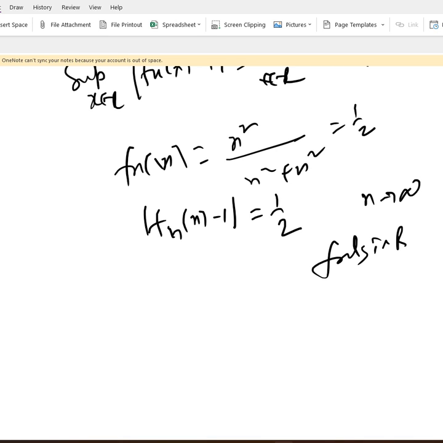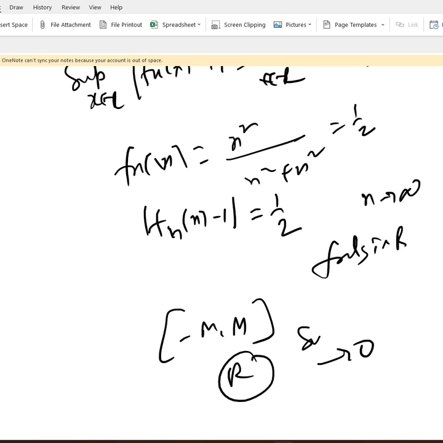So the conclusion is that f_n converges uniformly on minus m to m, and f_n doesn't converge uniformly in R because the supremum doesn't tend to 0. Okay, so this is it for this question. In the next question video we'll solve question number